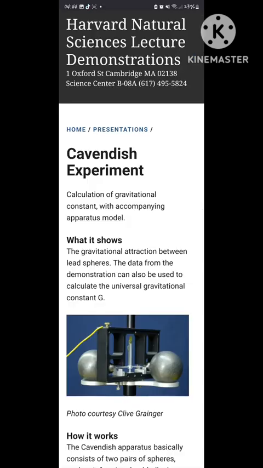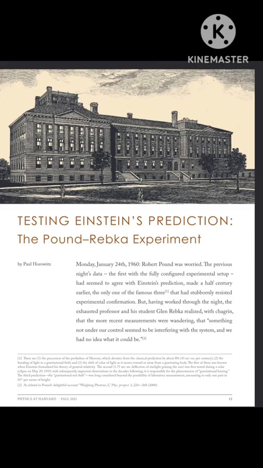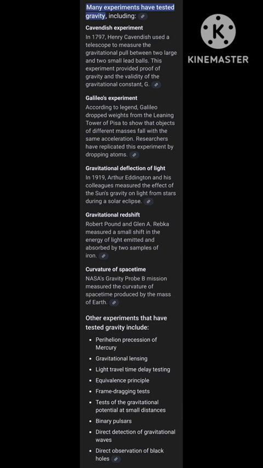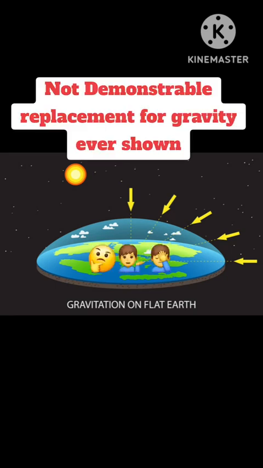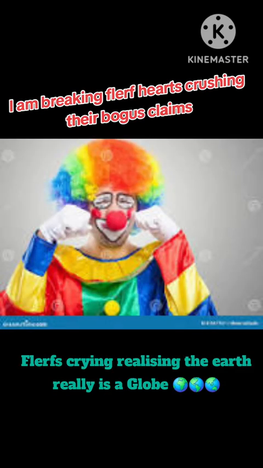The experimental evidence like Cavendish, Pound-Rebka, Pound-Snyder, and the Hafele and Keating experiment are some of many examples that had results confirming gravity and general relativity. That being said, gravity has been calculated, tested, and empirically proven, something that has never been done when it comes to the flat Earth. Now let's see how many